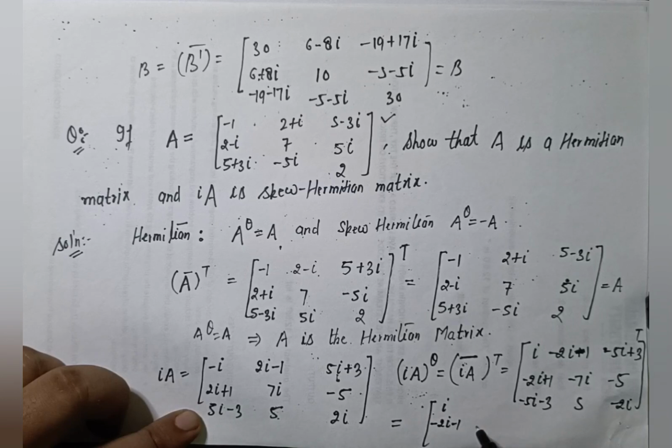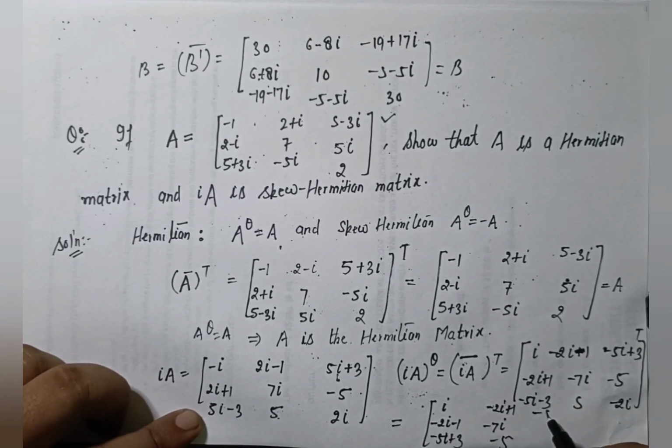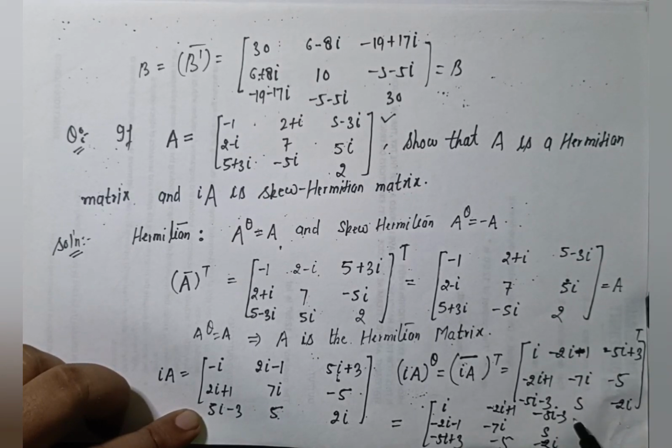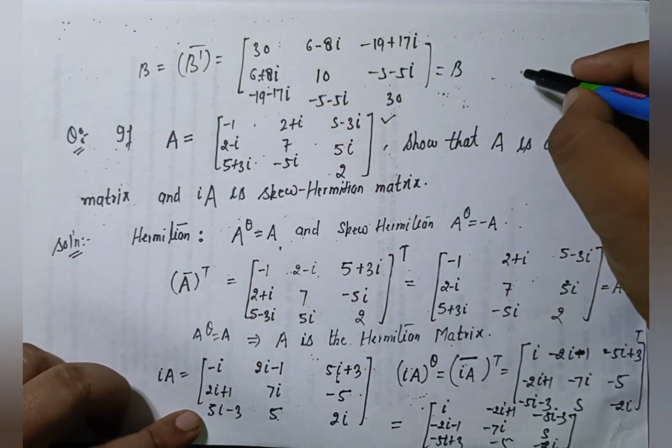Minus 2 iota minus 1, then minus 5 iota plus 3, and in the second row, second column, minus 2 iota plus 1, and minus 7 iota and minus 5. So it is minus 5 iota minus 3, 5, and minus 2 iota. So guys, this is the given matrix. Here we need to check